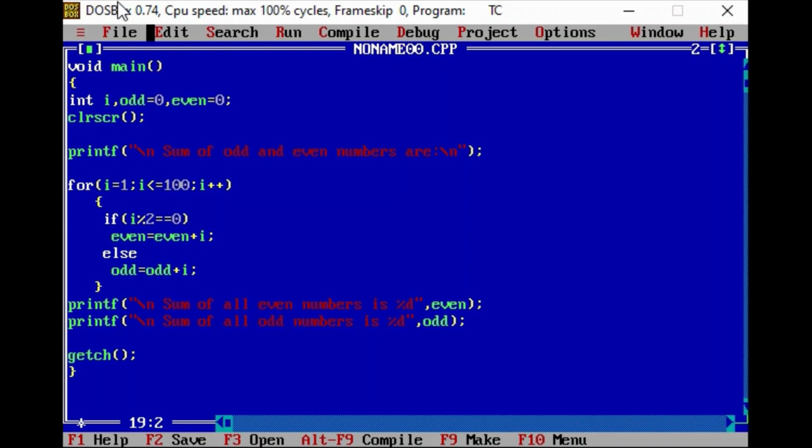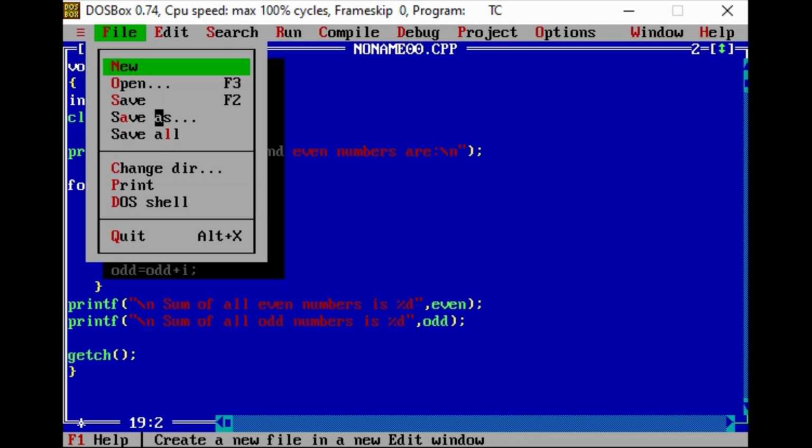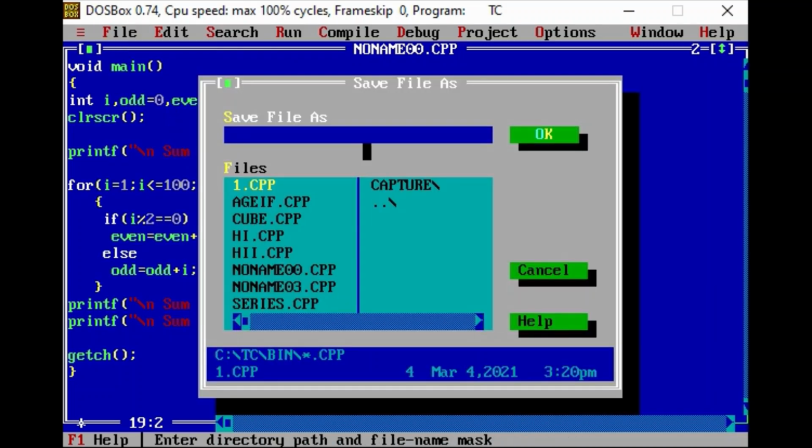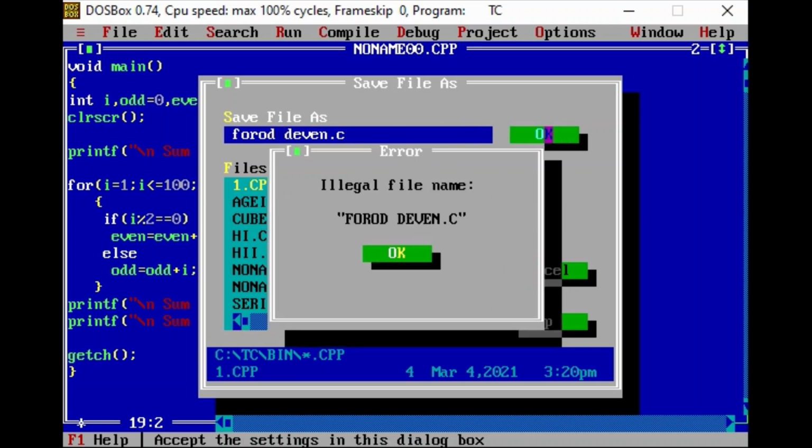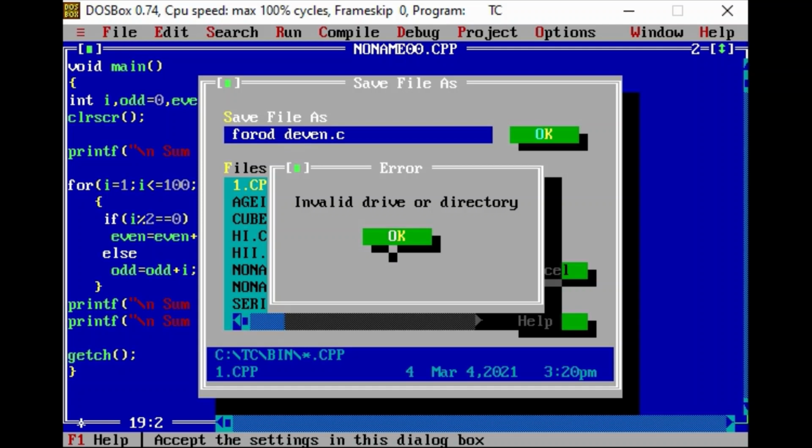So here our program is done, but before checking whether it's right or wrong, we are going to save it. I would save it as for odd even dot c. Whenever we do this, sometimes anyone gives a space between the words, so it gives an illegal file name error.